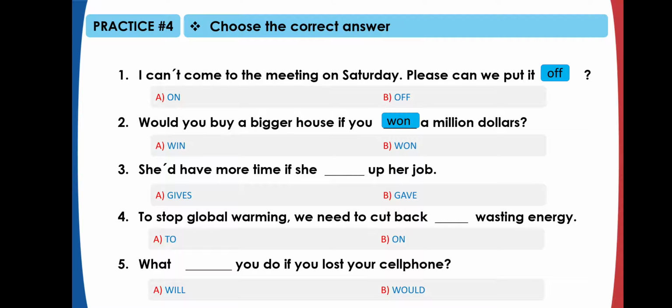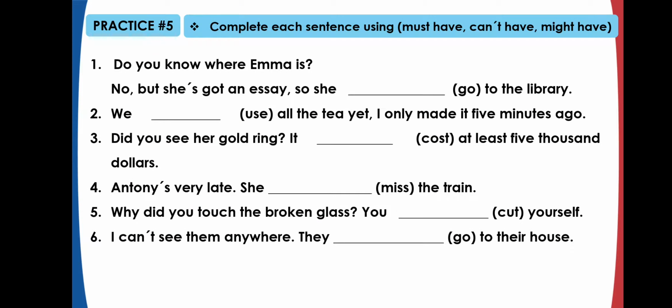In this case, it's second conditional, okay? Number 3, she would have more money if she gave up her job. Number 4, to stop global warming, we need to cut back on wasting energy. Number 5, what would you do if you lost your cell phone? Excellent. So now practice number 5 says complete each sentence using must have,